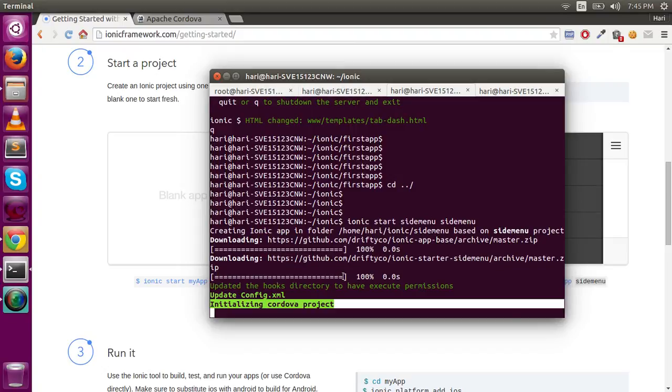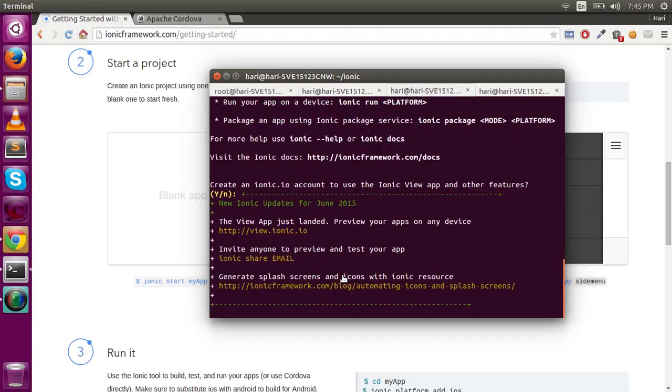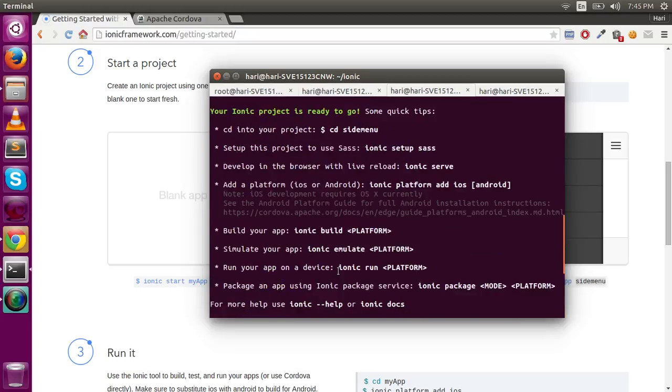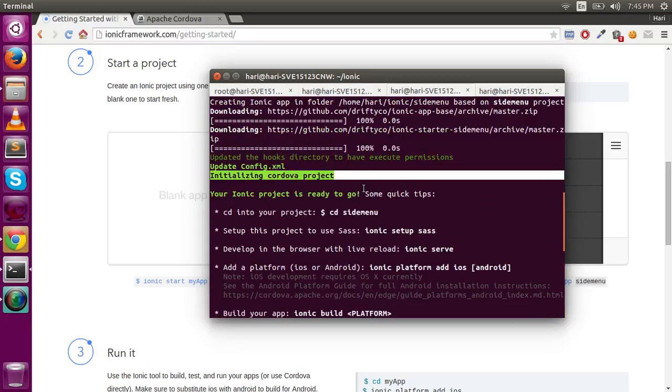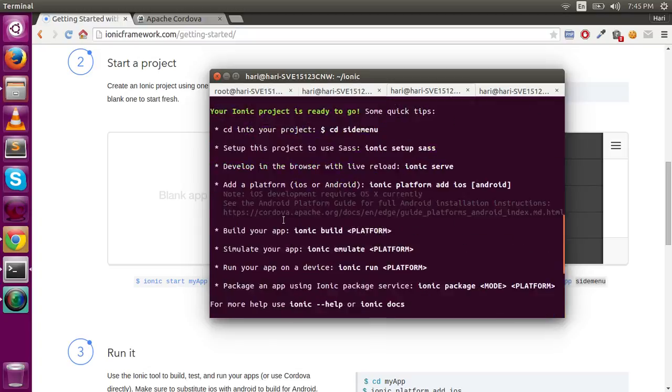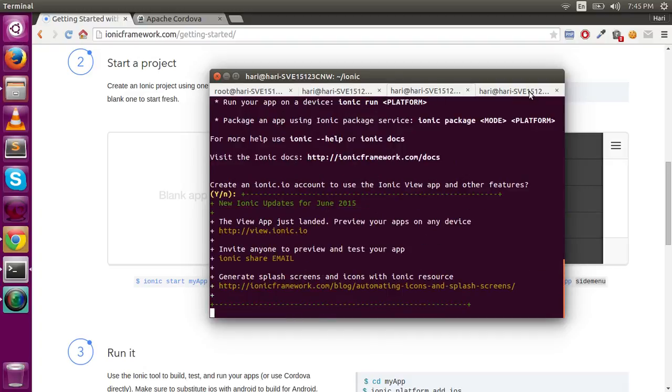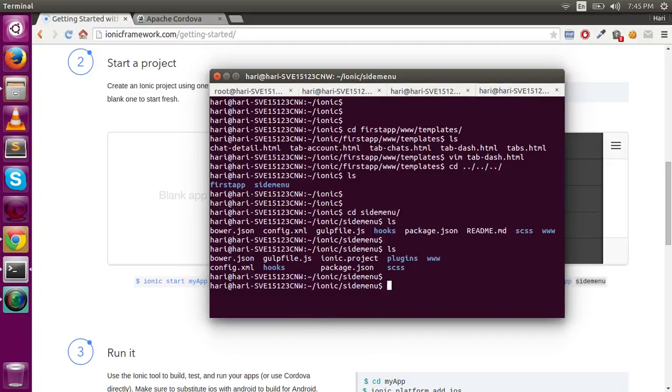Okay, now this is taking way too much time than I expected. Yeah, it's complete. Now what we have is a side menu project, and we have installed that properly. Now we are in the side menu folder, and I'm going to do an Ionic